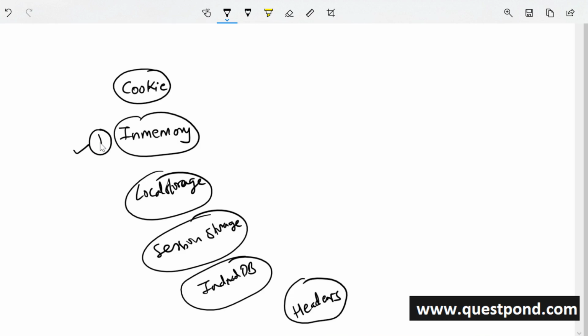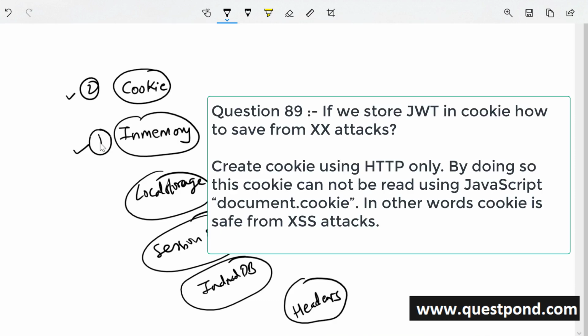Then my second choice would be the cookie, right? In the cookie, what I can do is store the token, and we can make this cookie HTTP only. Just to make it secure, you can make it HTTP only. Why HTTP only? Because if you make it HTTP only, then this cookie cannot be accessed